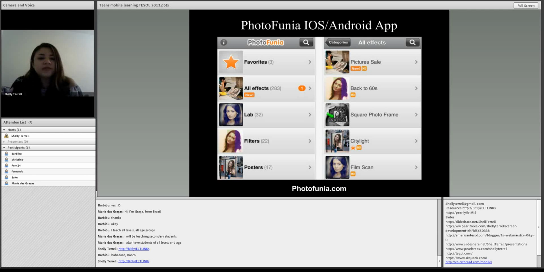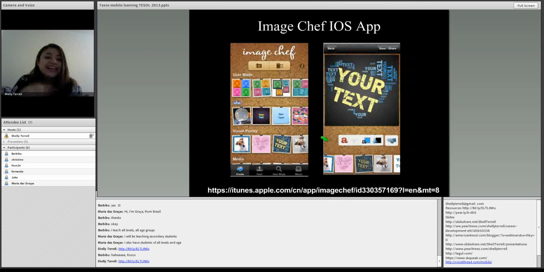This is what BeFunky looks like. And for the free Android version, so it comes out in all devices, which I absolutely love. You can do things like Instagram. You can edit, you can add filters. But you can also, which is even better than Instagram, add different types of text as well, which I think is great for language learning. So they can do that. They can have captions. They can have demotivational posters and stuff like that.